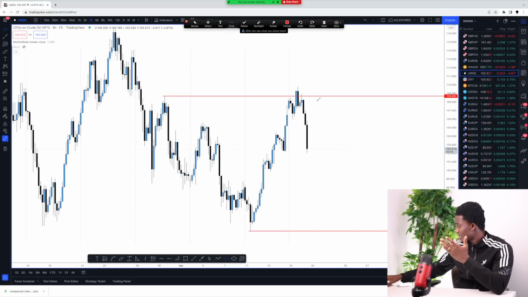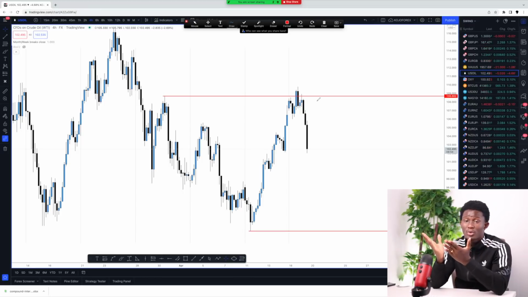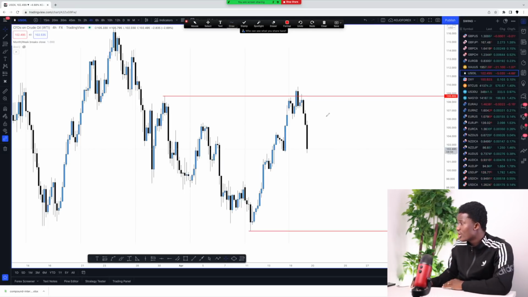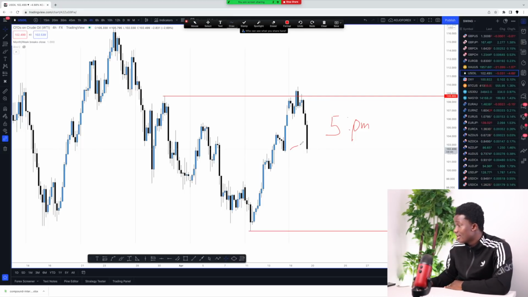Now we know, what time is it now in Ghana? It's just about 4:50, which clearly means that in the next 10 minutes, the next candle is going to close, which is then going to be what? 5 o'clock. So because we know that 5 o'clock p.m., as it stands now, this particular candle right here is going to close for a new one to open, right?